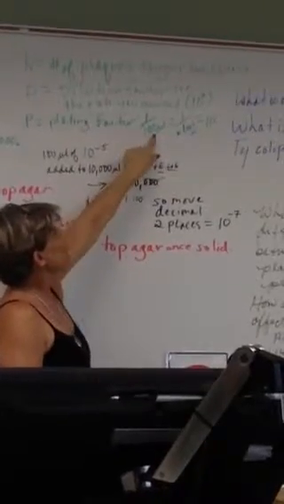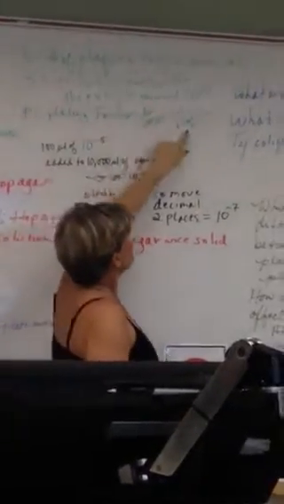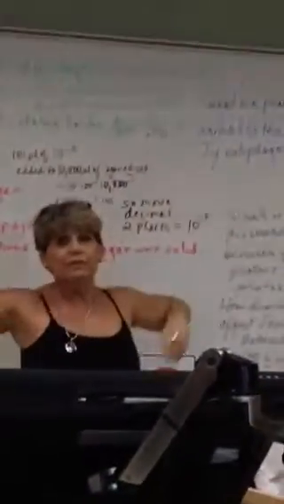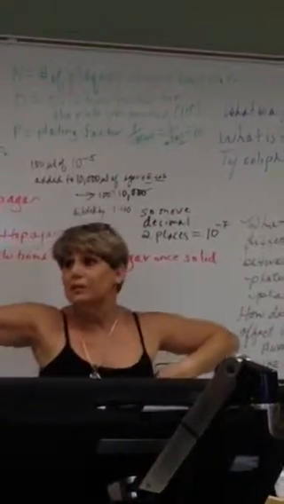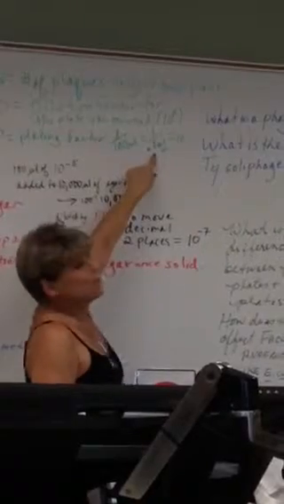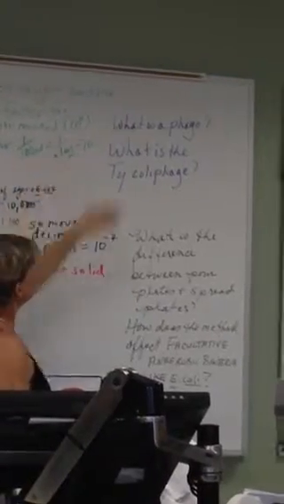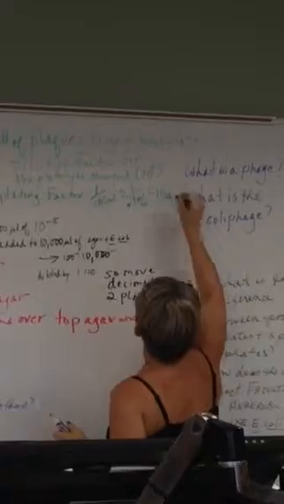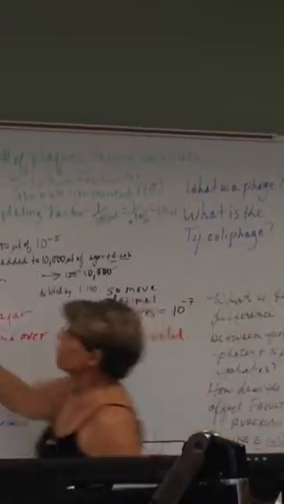We plated 100 microliters, but we want it in milliliters because my titer has to be expressed in milliliters, right? So 100 microliters is the same as 0.1 milliliters. Remember that? 1 divided by 0.1 is 10 milliliters. So this number is 10 milliliters. So I have